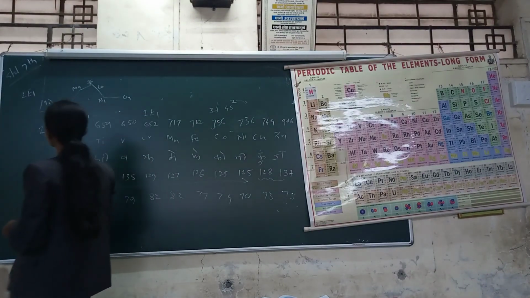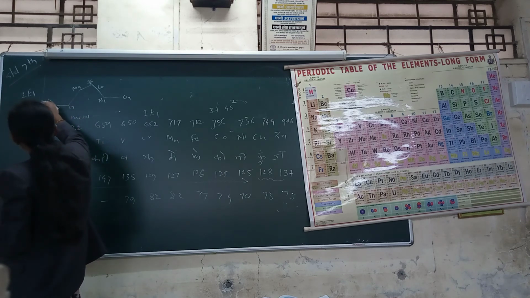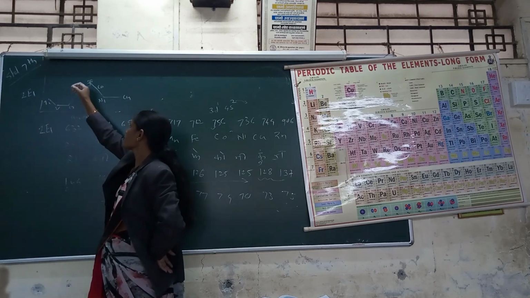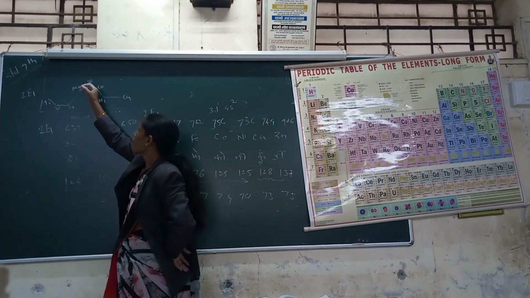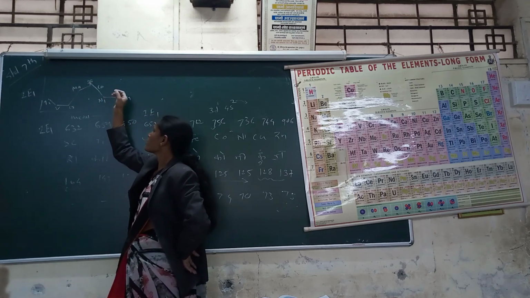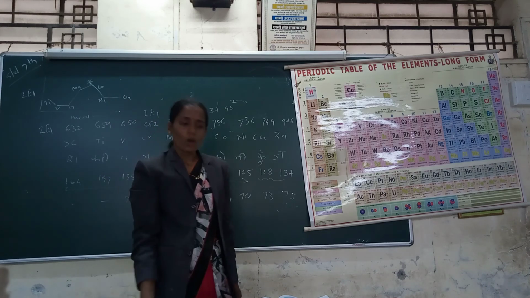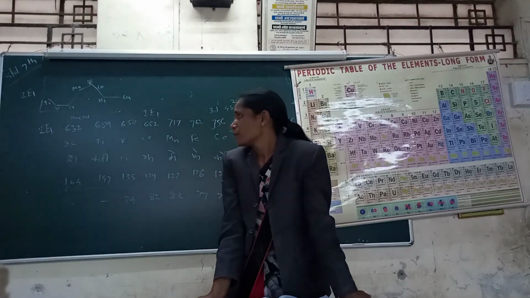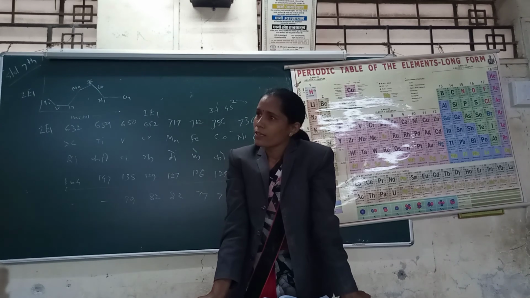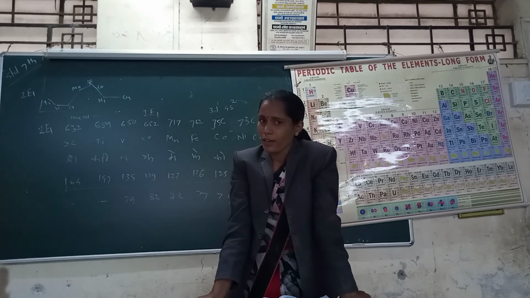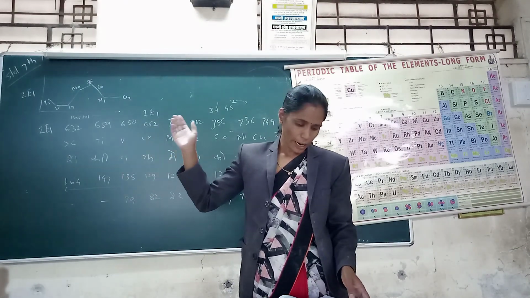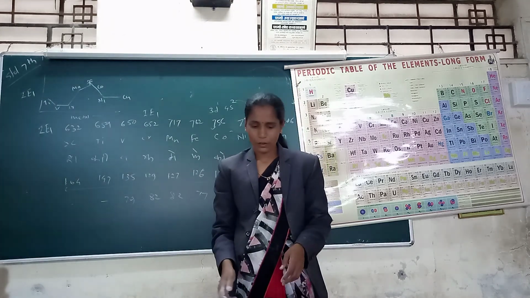A regular trend would mean ionization enthalpy is increasing, but here for titanium and vanadium the ionization enthalpy decreases, again increases rapidly to iron, again decreases to nickel, and the same for copper. This is because of the screening effect, which rapidly increases the radius, therefore ionization enthalpy decreases. This is the ionization enthalpy of group